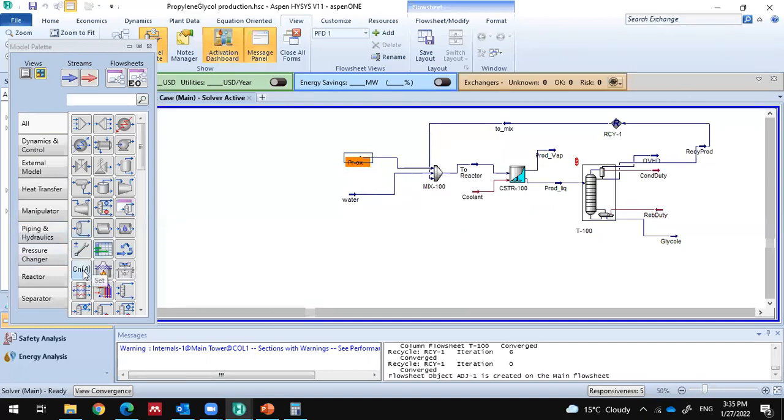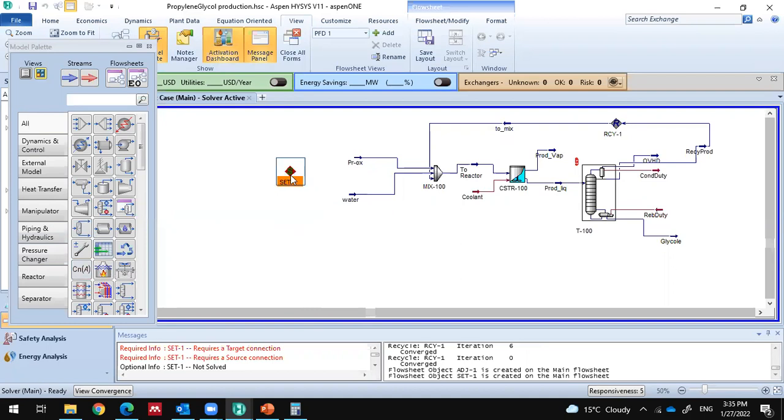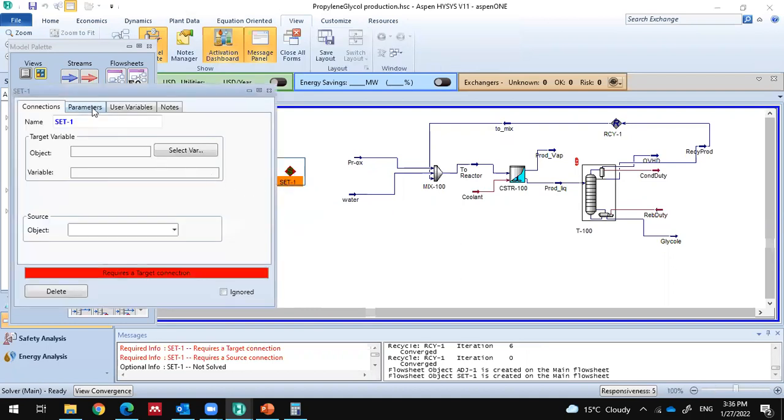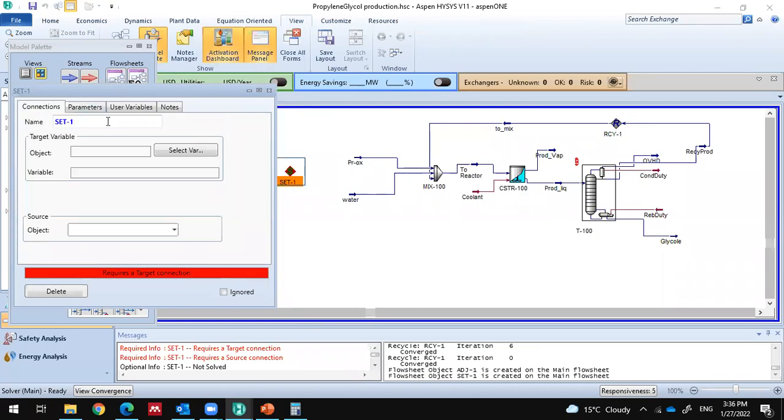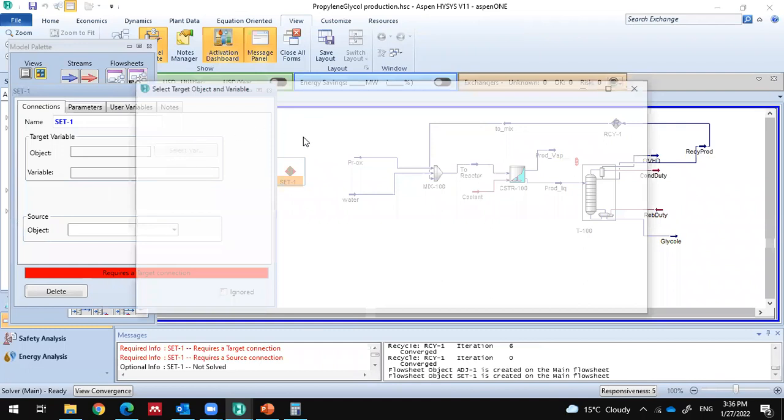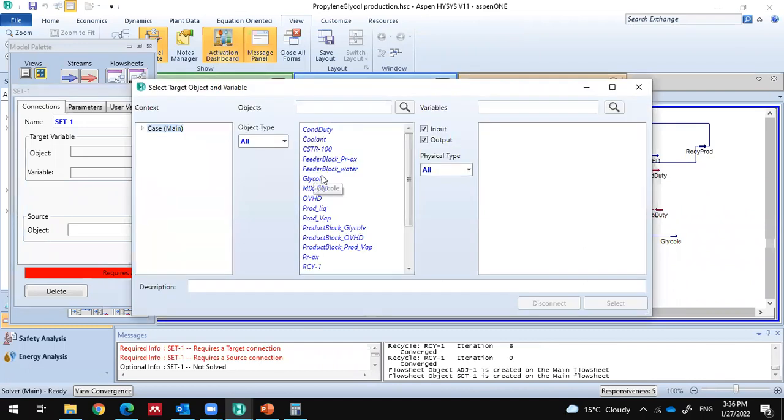Similarly, there is another one, set. So set is a multiplier, like for example, I have two streams, the propylene oxide and water, and I want them to be in a certain ratio. So you can use a linear relationship, and it is better used when you have a certain ratio of the components you are feeding to the reactor. You can add a connection by selecting a variable. For selecting the variable, I can go to the mixer, and I can select the product mole flow rate from the mixer,